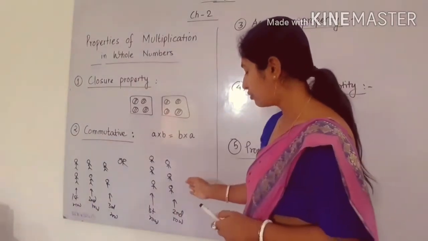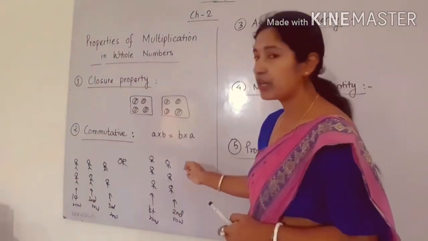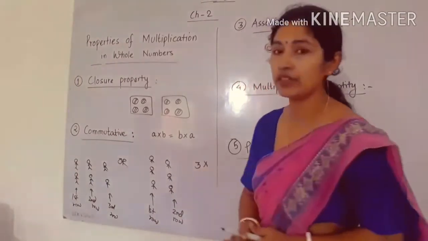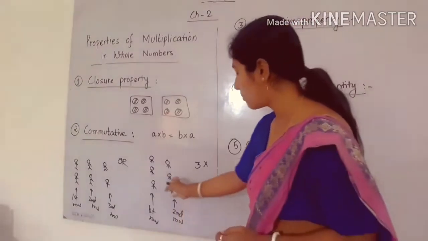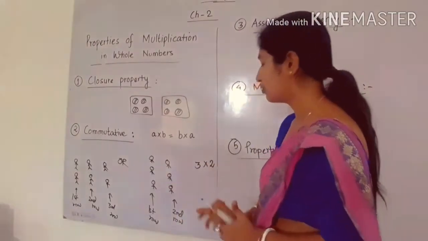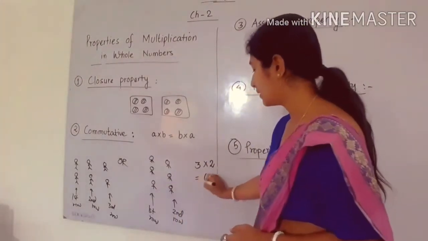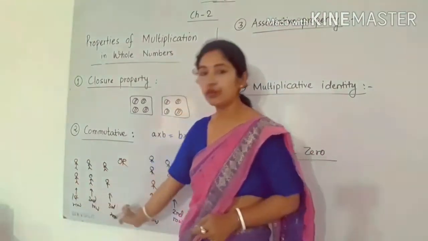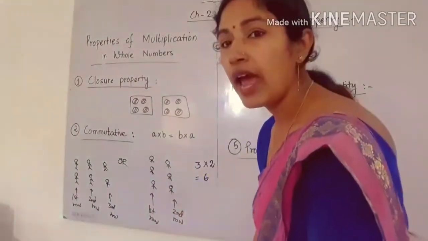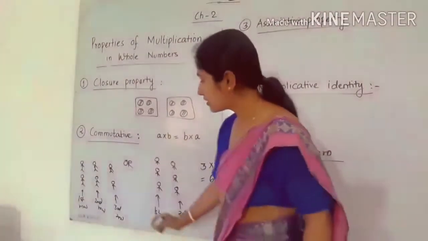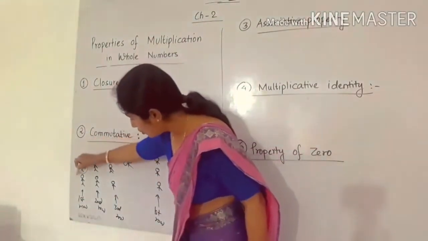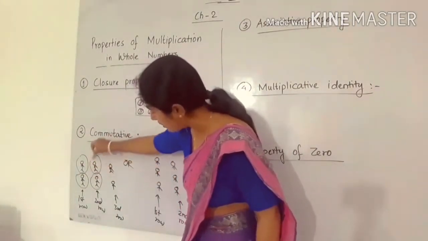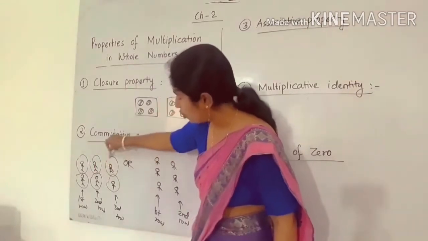First of all, I have to count the number of persons in each row, that is 3, and then multiply it by the number of rows. Here the number of rows is 2, so that means 3 into 2. The answer will be 6. Similarly, here I have taken 3 rows, first, second and third. In each row, how many persons are standing? In the first row we have 2 persons, in the second row also 2 persons, and in the third row also 2 persons.